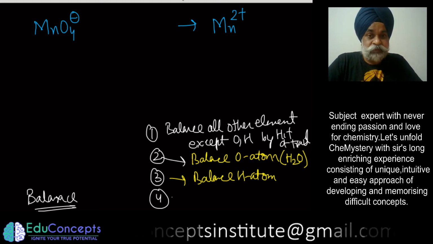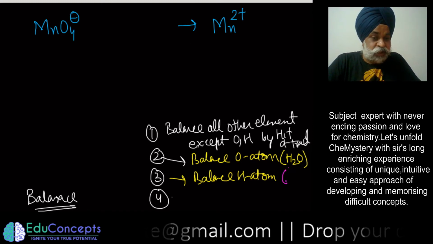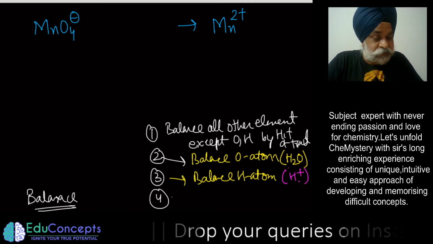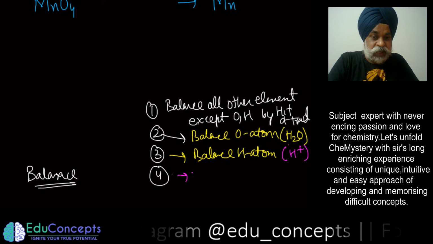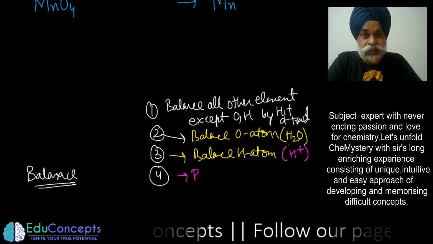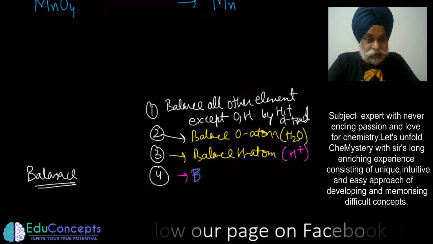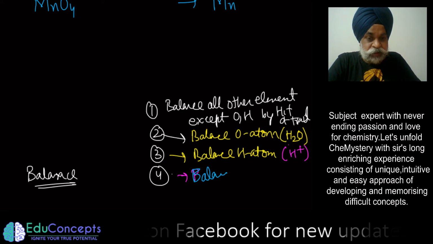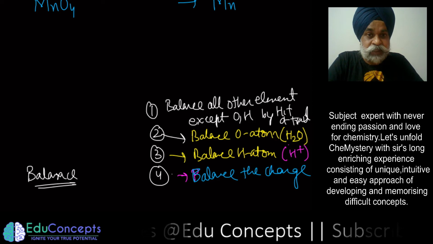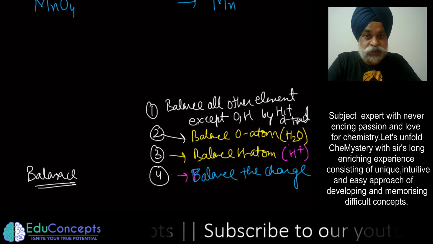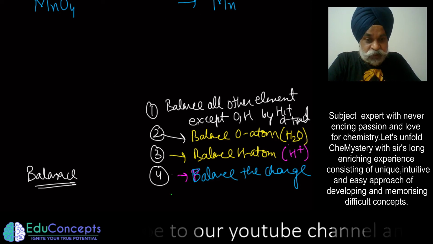So it is to be balanced with addition of H positive ions to the site deficient in hydrogen. And lastly you have to balance, let me change the color, let me write this: balance the charge. चार्ज किससे बैलेंस करना है? Balance the charge with